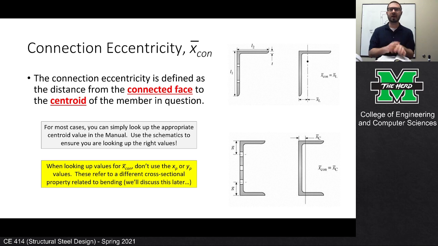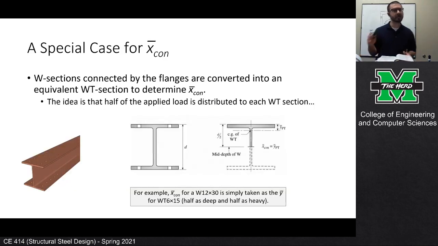And we're not going to use that now because what we need is the location of the neutral axis, the geometric centroid of area, and that's the X bar or the Y bar. So just don't use the XP or the YP values for now. We will discuss them later. All right. Now, another thing I do want to mention, and we're not going to employ this today, but we will employ this Wednesday, is there is a special case for the X bar